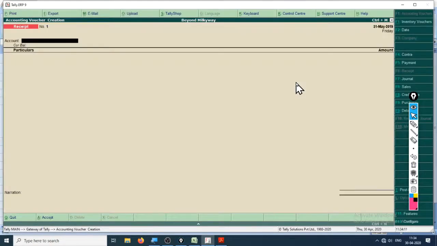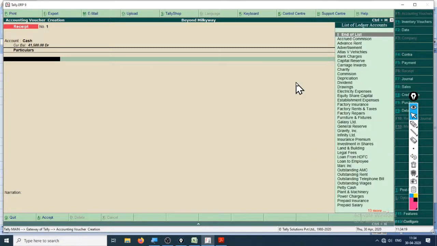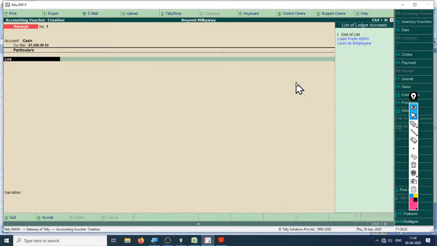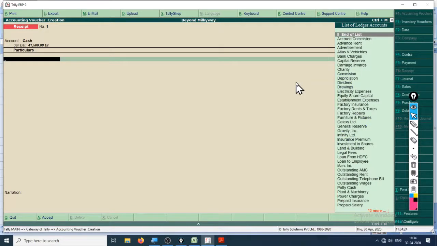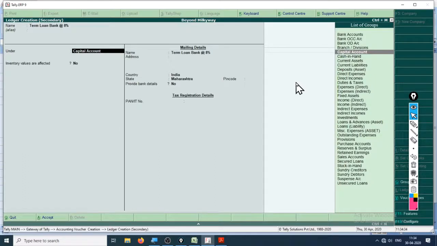Change date is 31/5/19. Cash is received. And how much cash is received? 1 lakh against term loan bank. Do we have a loan account? Loan from HDFC? Nope. We need to take a new loan. Alt C. Term loan bank at the rate 8%. It will be going into long-term liabilities,